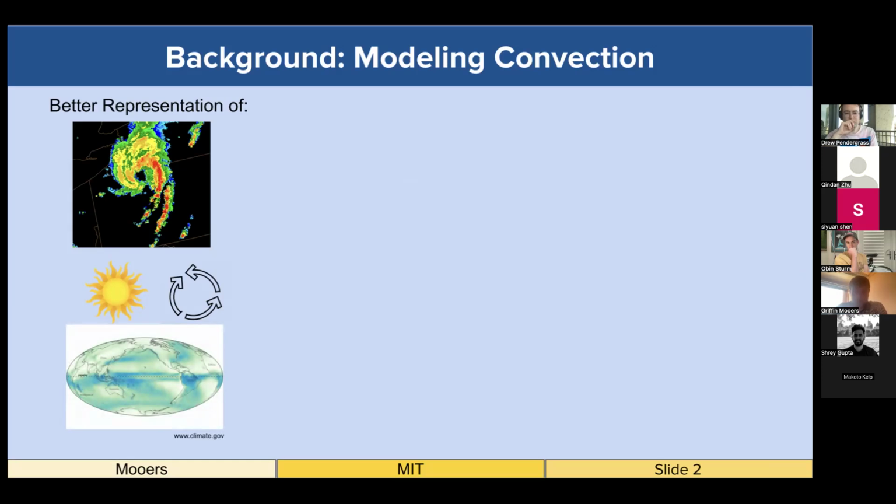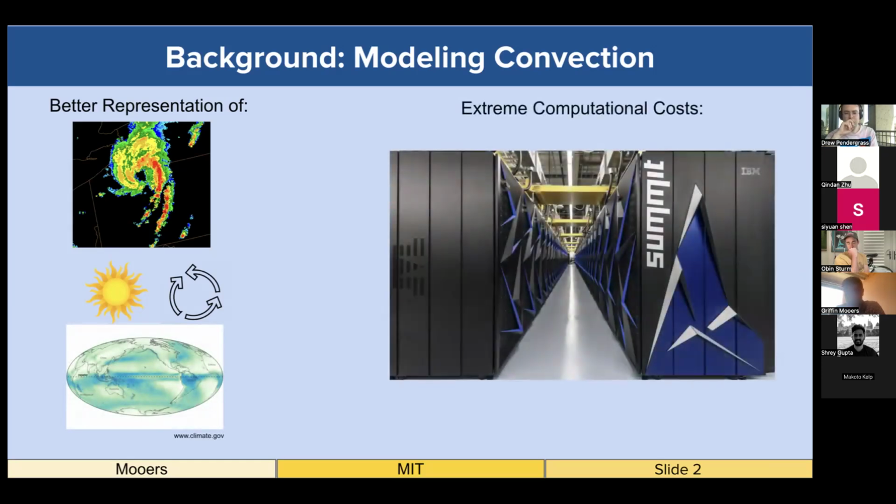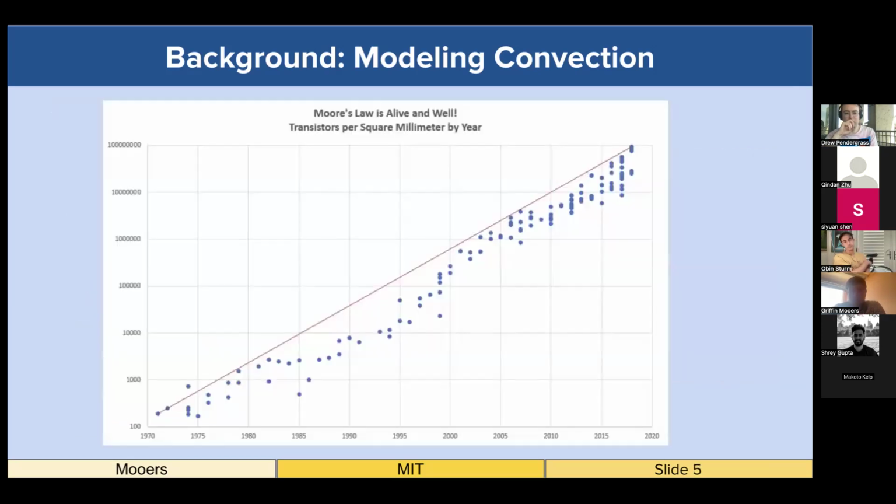increasing the resolution of a climate model just massively increases the computational costs. And this is both a limited resource and a resource that's not magically improving. A lot of you probably know about Moore's law, the idea that the number of transistors in a chip doubles about every 2 years, which is certainly progress, but